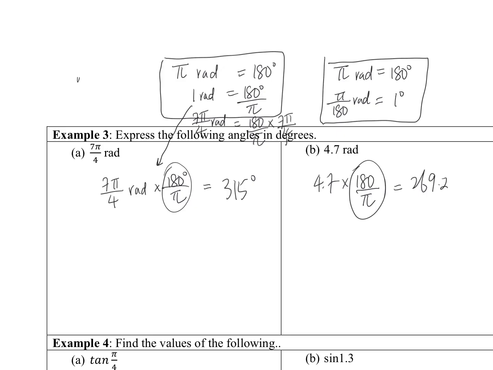So you run through the steps. But if you want a quick way, then it's multiplying by this straight. So this is converting to degrees. If you convert to degrees, you multiply by this. If you convert to radians,